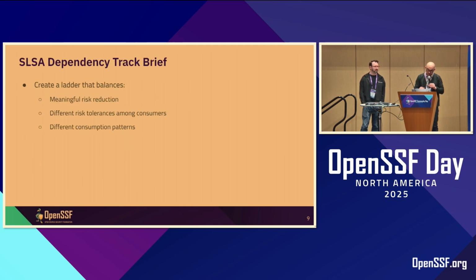So, given all of that, the brief for the SLSA Dependency Track for us was, given all of those different consumption patterns, we need to make sure that the dependency track works for all of them, right? Whether you're vendoring or using package managers, it should work nicely and apply to all of that. We need to balance meaningful risk reduction while ensuring that people with different risk appetites are able to deal with risk the way they want to, and we can set some sort of minimum bar. So with that, I'll pass it over to Adrian,